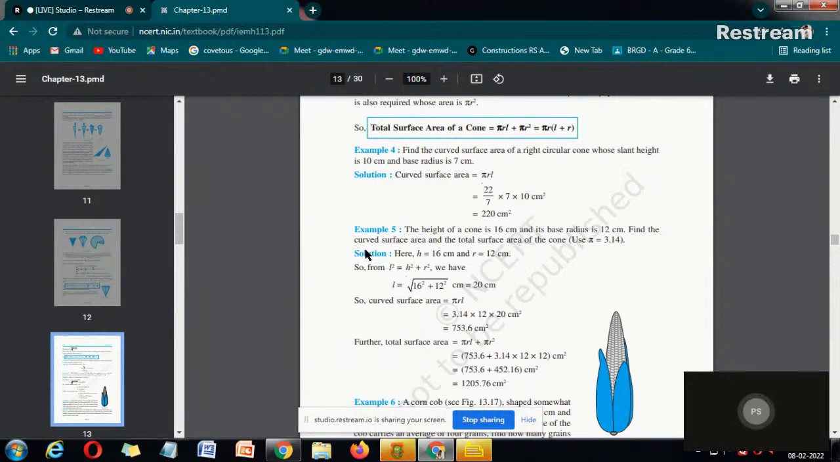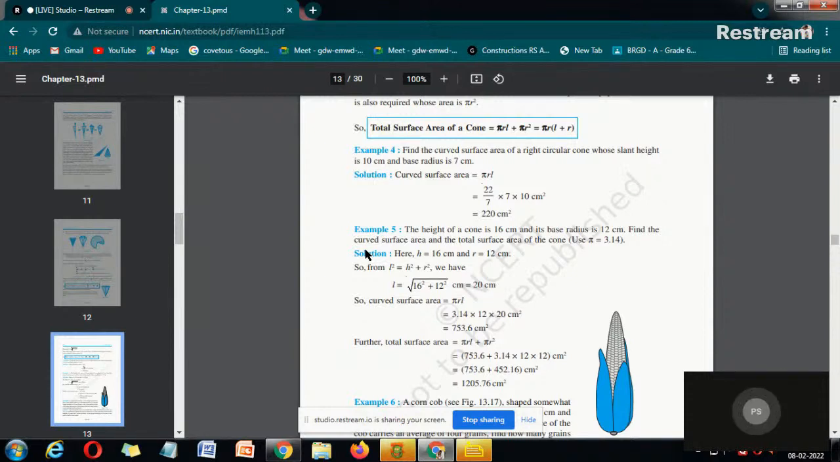CSA, we know what is CSA? Pi r l. Pi r h, pi r l. Okay, so pi here is 22 by 7, r is 12 and into 16, which will be equal to nearly 753.6